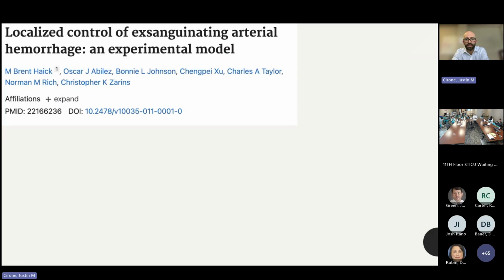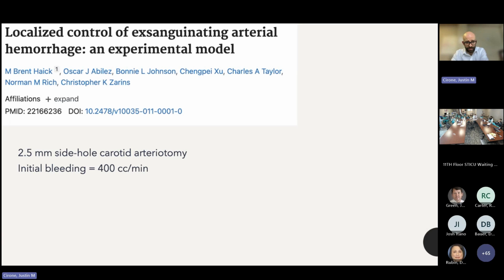So this is an interesting study that was done looking at an experimental controlled exsanguination model on sheep arteries. They did a 2.5 millimeter side hole carotid arteriotomy on these sheep, and they just made the hole and left them. And they actually measured how much they bled. Initially they bled about 400 cc's a minute, which is a lot. And when you figure you only have 4 to 5 liters in your body, you're talking like 10 minutes and you're going to bleed out,